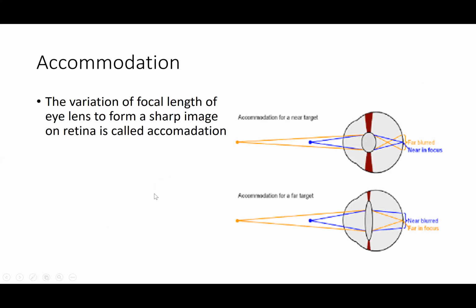Now in this case, accommodation for a near target. This is the near target, the bluish color. Here the size is small.